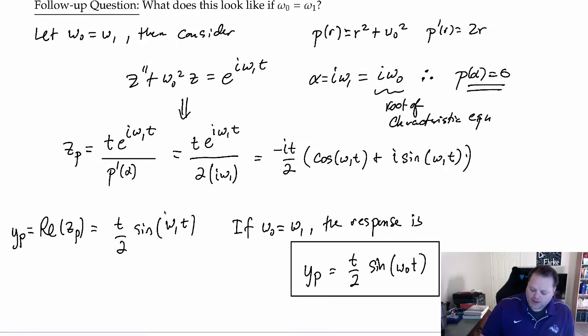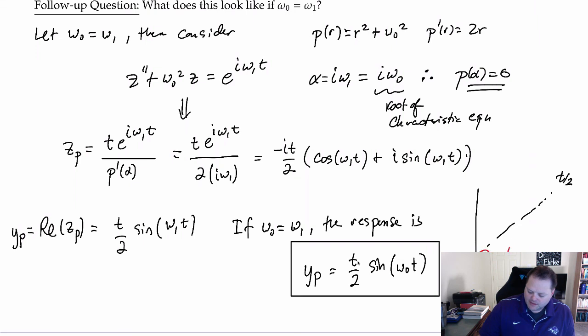What I want you to think about here for a second is what this thing looks like. It's a sine curve, but the amplitude of the sine curve involves time. So if you plot the graph of t over 2 and negative t over 2,